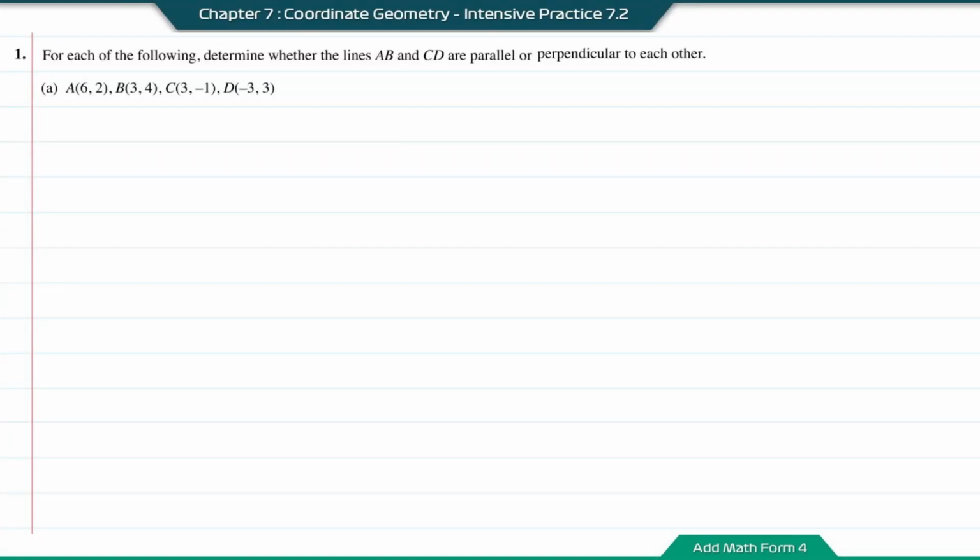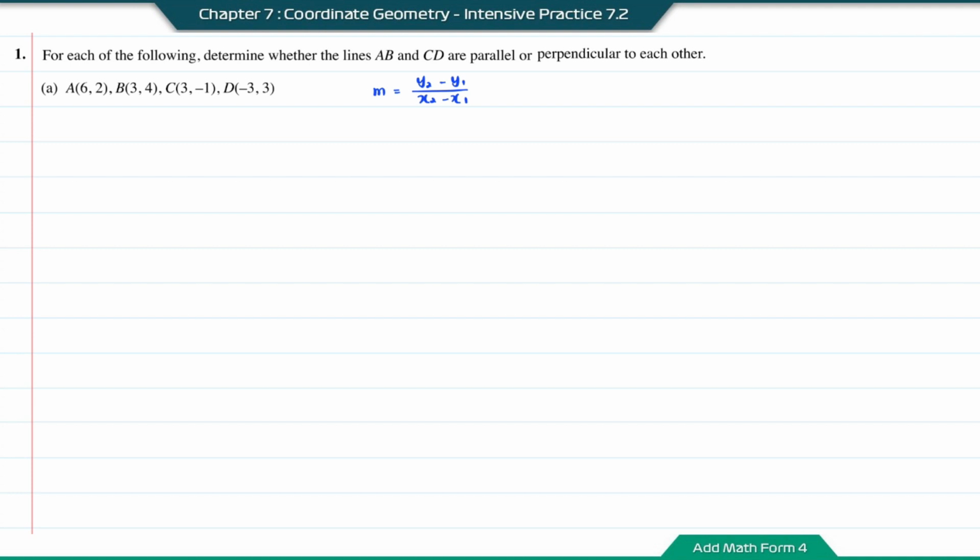Intensive practice 7.2, question number 1. For each of the following, determine whether the lines AB and CD are parallel or perpendicular to each other. So here we want to use the gradient for AB and CD to determine whether they are parallel or not. As the coordinates for each point are given, we're going to find the gradient using the formula y2 minus y1